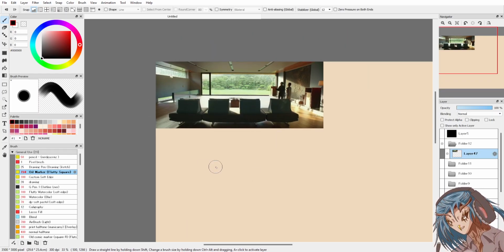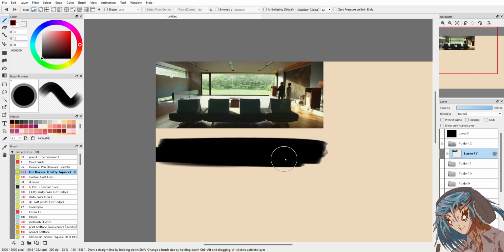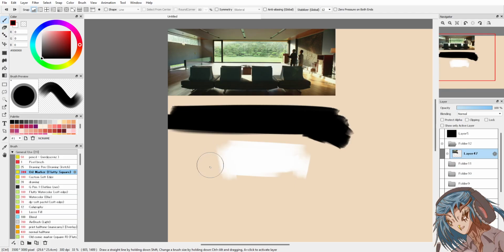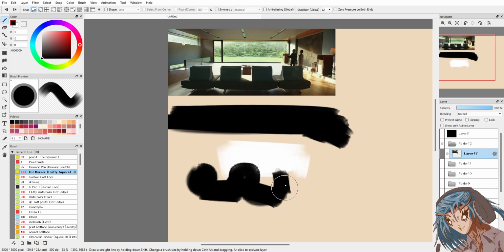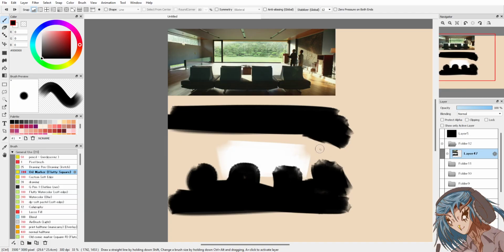Establishing shot. We can tell it's a scene change because the color is different. We have a big light box. Wrong, not close. We have foreground element. 1, 2, 3, 4. I see an interesting shape. Here. You can tell the chairs. Kinda looks like a cinema. We have two characters, silhouette.